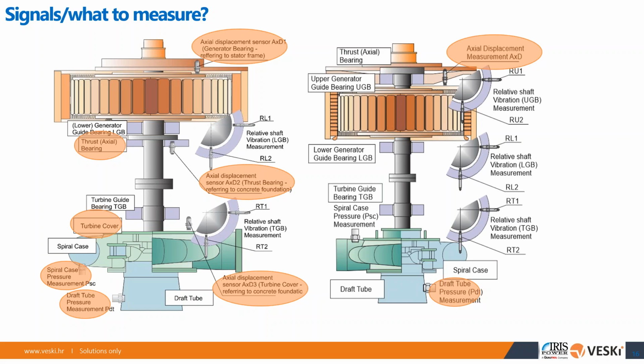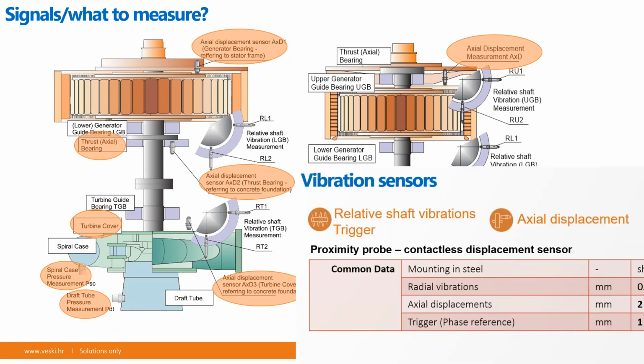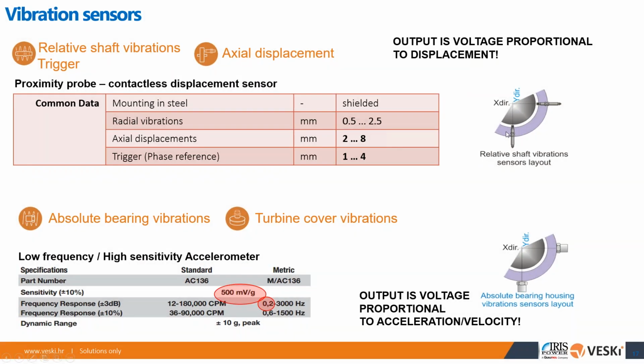Because we want to know why it happens. All right. So what types of sensors do we use? The proximity probes, just for people that maybe are not really in the measurements. Proximity probes are contactless displacement sensors. You put them on a bracket. Let's say for radial vibrations, you put them on a bearing bracket, and then it measures the movement of the shaft